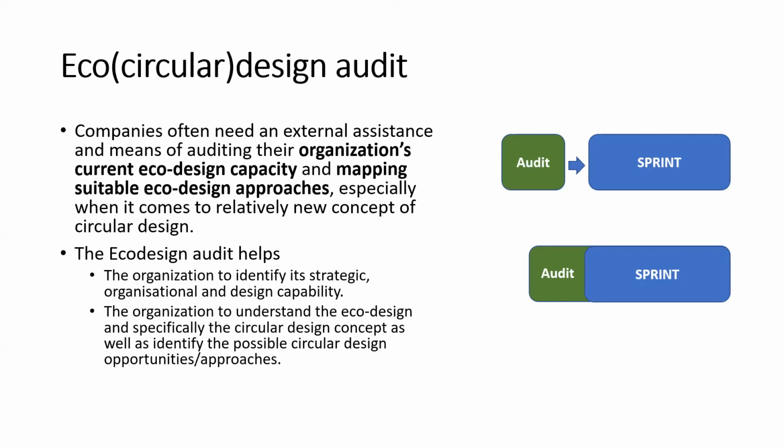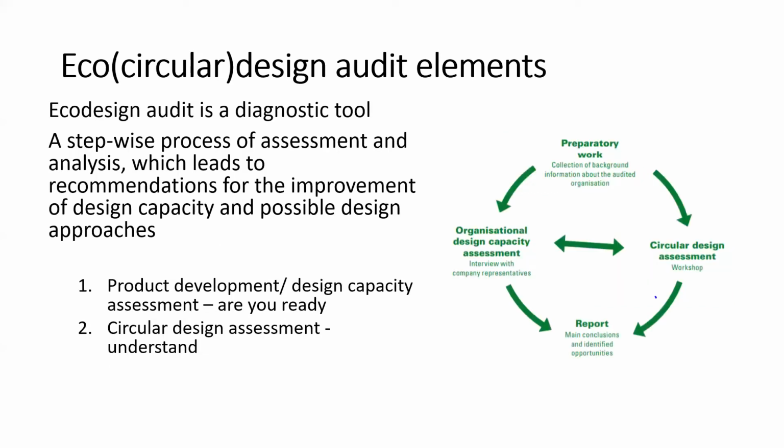Anyway, this audit has a twofold aim. First, to identify the strategic, organizational and design capacity of the company, just to ask the question whether the company is ready for a further design approach or design project to go for Sprint. Is Sprint relevant at all? And the other aspect is, more or less the same as we heard earlier, to understand the situation and the potentials, especially concerning the company's specific current product design approach,